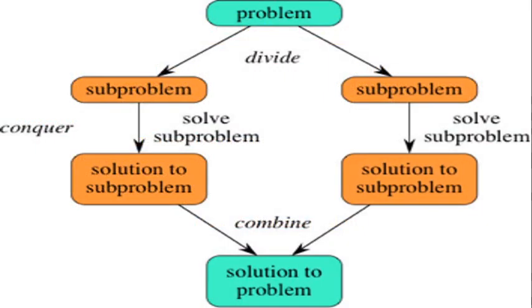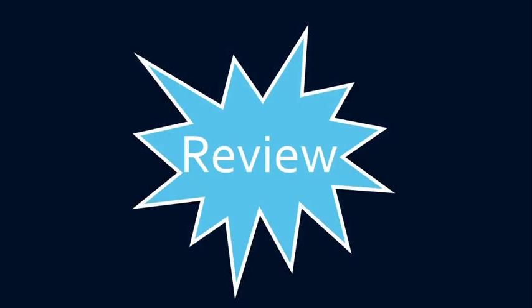Let's take a review of today's lecture. In this lecture, first we have discussed problem, then problem solving. Problem is the unprocessed data, and problem solving is the process of solving a complex problem. There are 9 steps to solve a problem. These are problem identification, specify requirements, analyze the problem, draw algorithm and flowchart, then write the program,